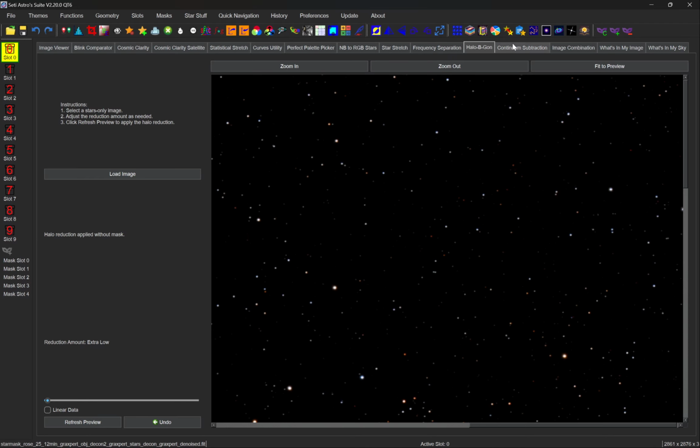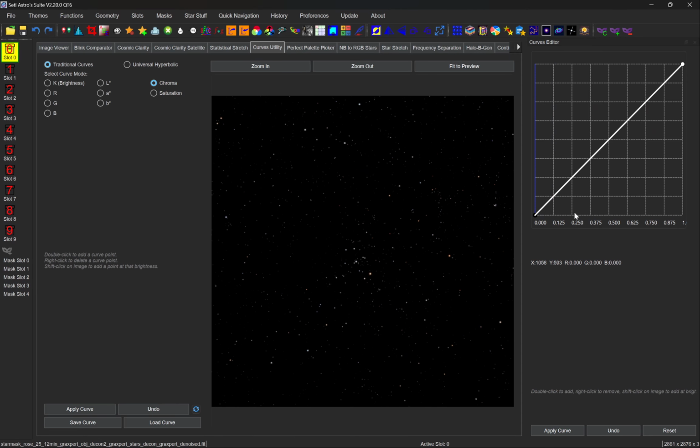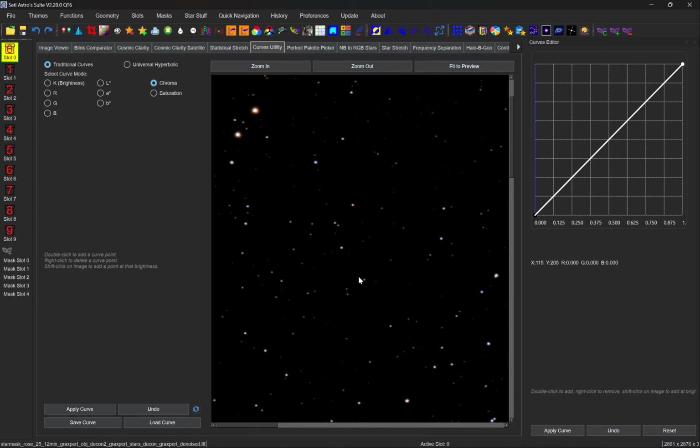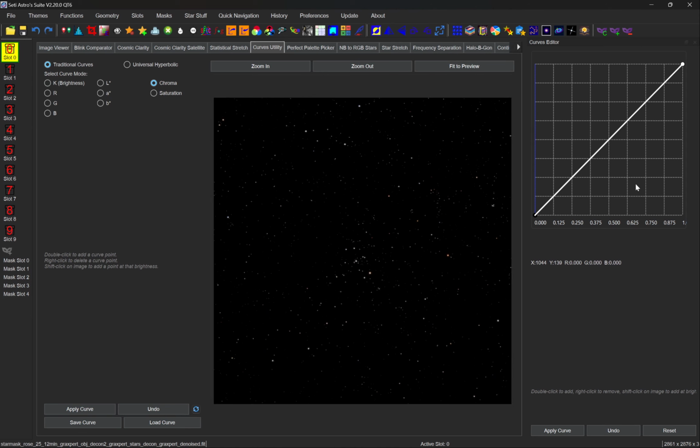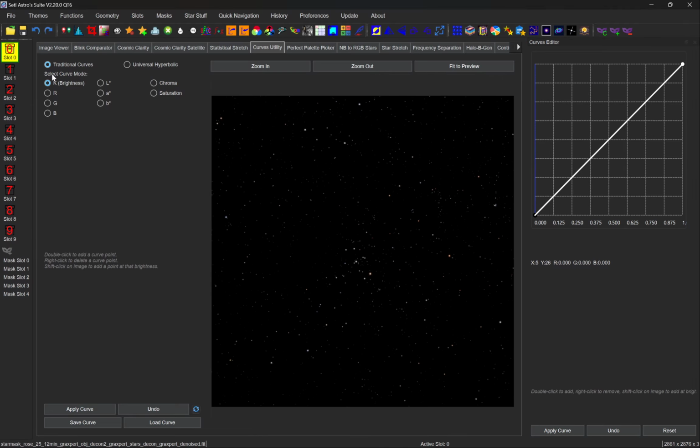And then I go to curves. So let me go to curves. And what I do here is a little bit weird because I just got rid of those halos. But what I usually do is go to K and boost the middle a bit so some of the dimmer stars show up a little bit more, and then I decrease the highlights a bit. So if you zoom in,